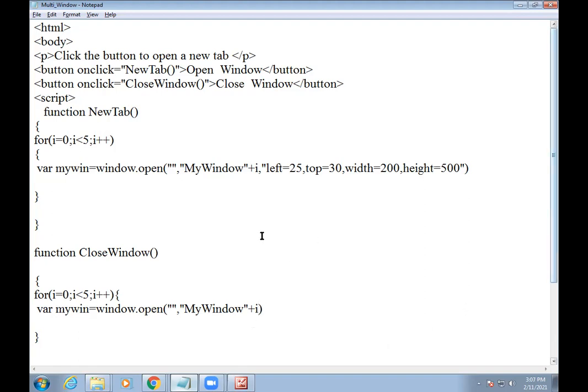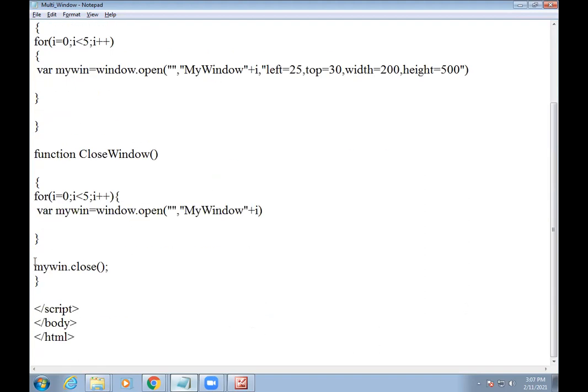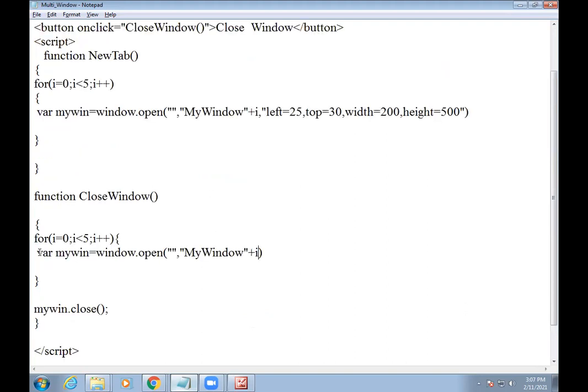Okay, my close, I didn't mention those parts here, but we want to close that window, so that's why we mention it here: my win dot close. There is no need for this, and we will write close here and just delete this part, right? Let's save and see what happens.